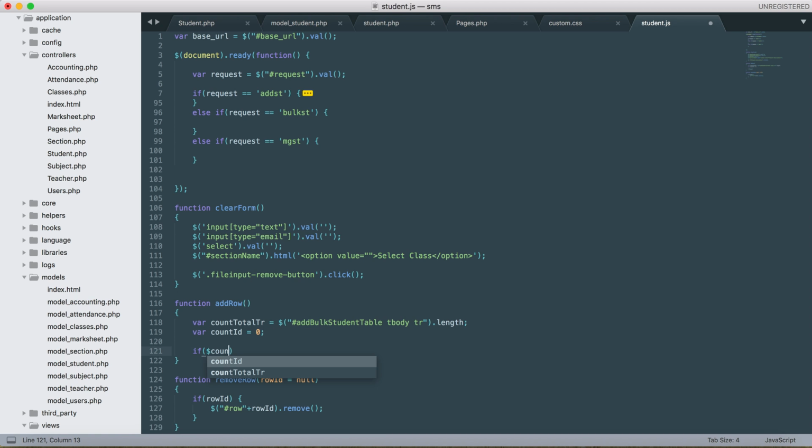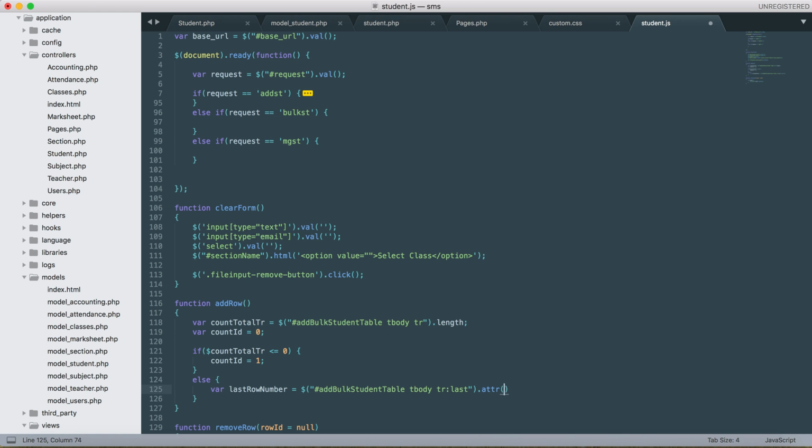So if total tr is less than or equals to 0, then we'll add count id equals to 1. Else add number tbody tr